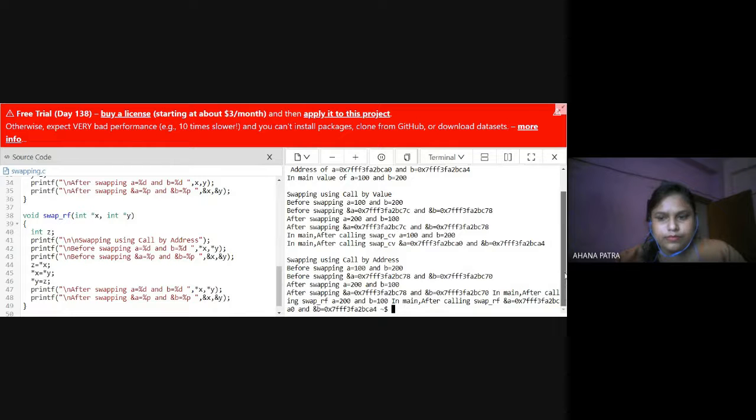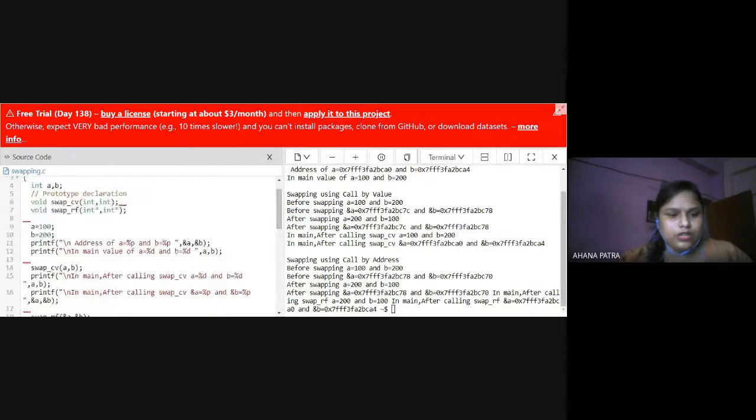I skip this part. In main, after call by value, the swap CV function is called. Then when we come back to the main function, there are also two printf statements, and we can see that the effect is not seen in main: a and b remain unchanged, a is 100 and b is 200.